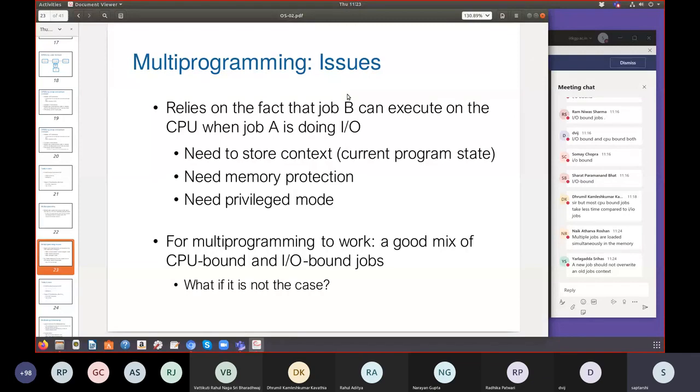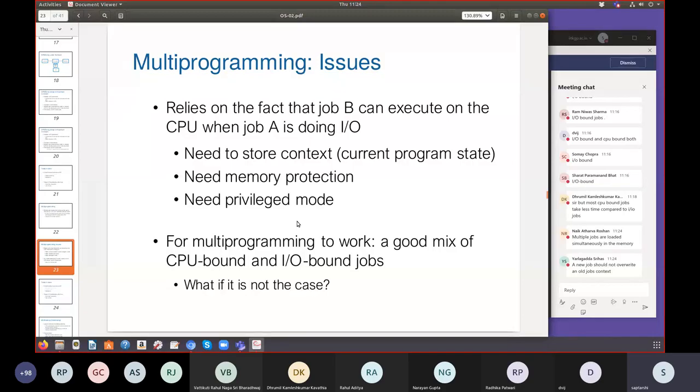I think we understand that in any system, normal users and administrators are not the same. Someone should have higher privileges to ensure that the system is running properly. That is called a privileged mode. Usually the operating system will work in a privileged mode, whereas the other programs will work in user mode. All these requirements are coming in because now we are trying to make the system